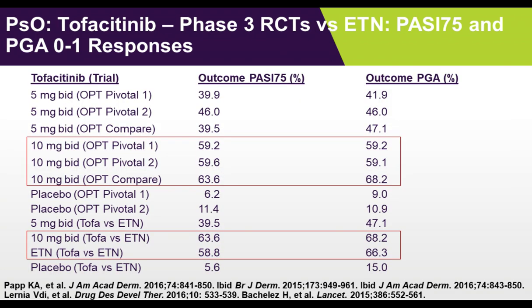And here to just show you the numbers, you can basically see that the 5 milligram dose is really not sufficiently effective in psoriasis, that we really need the higher dose. And that's also the difference that we don't see with psoriatic arthritis. But when I get to the psoriatic, or I won't get to the psoriatic arthritis data, I just want to